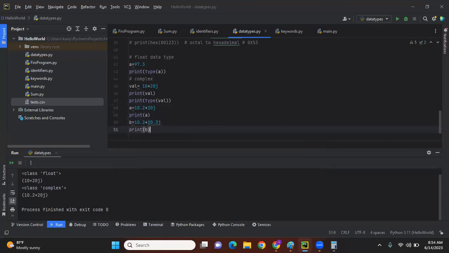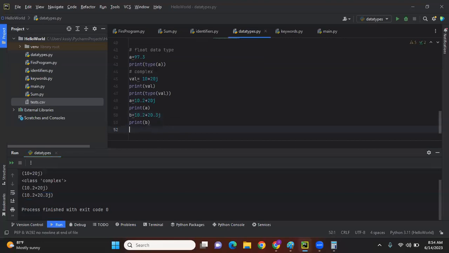Print of B. So this is also possible. We don't get any error. You see the complex number, we are able to take it. But if you want to represent the value in a binary form, for example, I want to give 3 plus